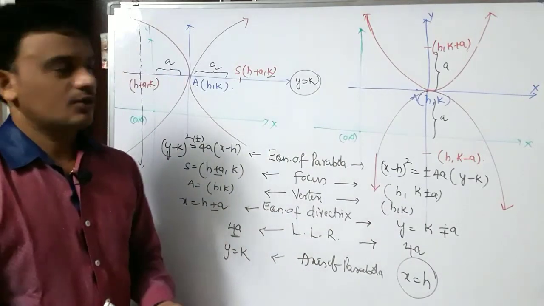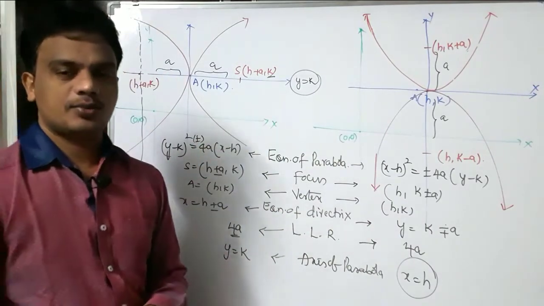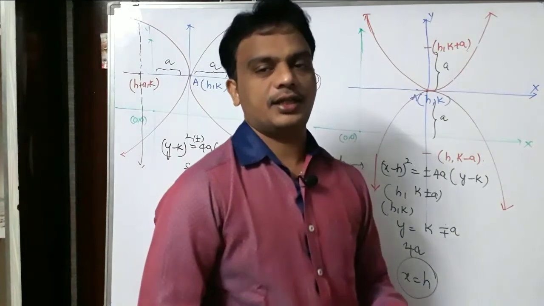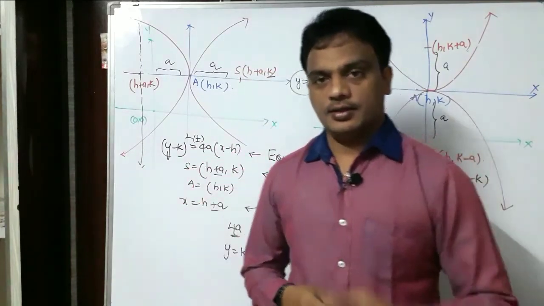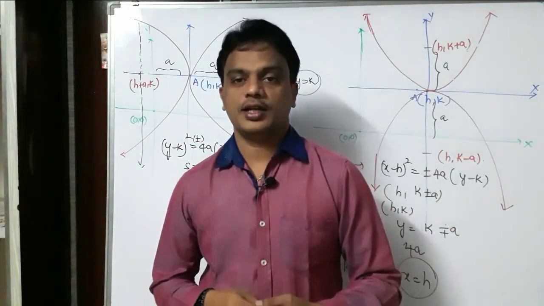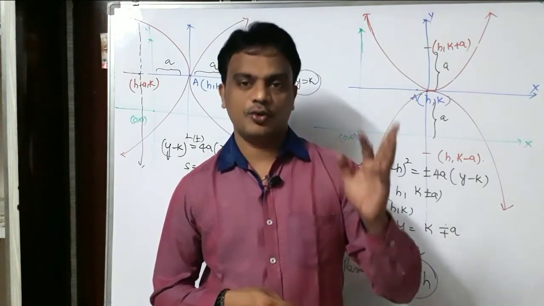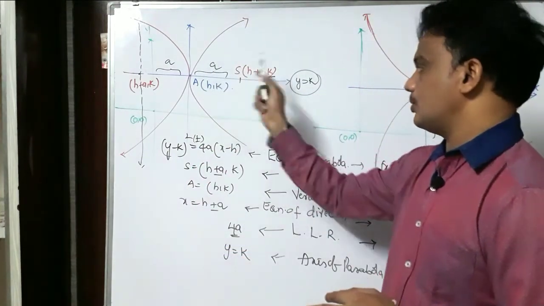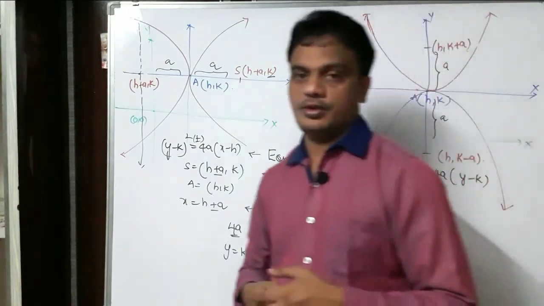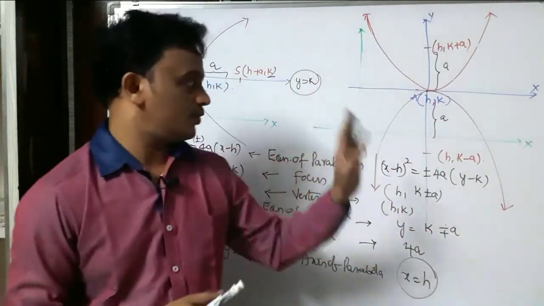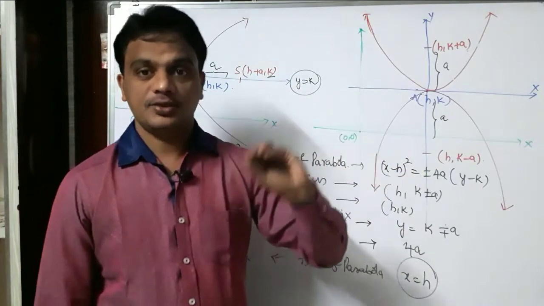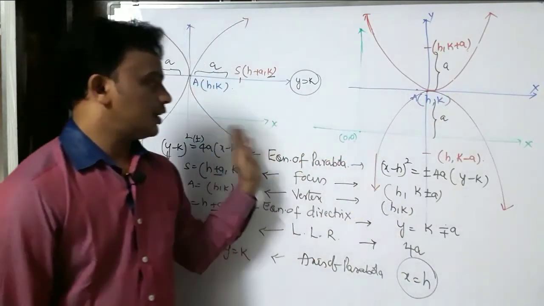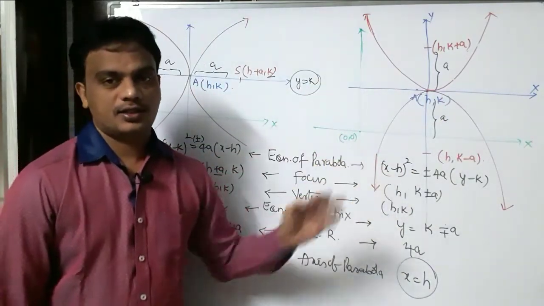Okay, students, so that is about the different forms of the parabola. In total we are going to get 8 forms. When the vertex of the parabola is the origin, we get 4 forms, and when the origin is shifted to the point h comma k, we get 4 more forms. This will be very important. Please focus on the diagrams. You can write each and everything they ask.